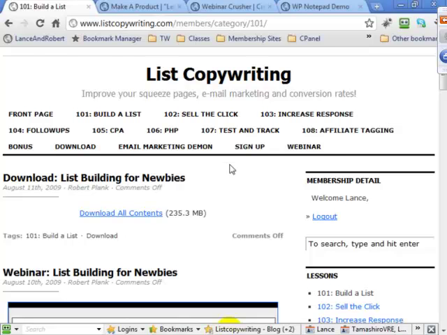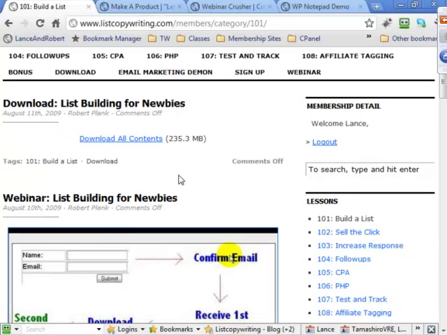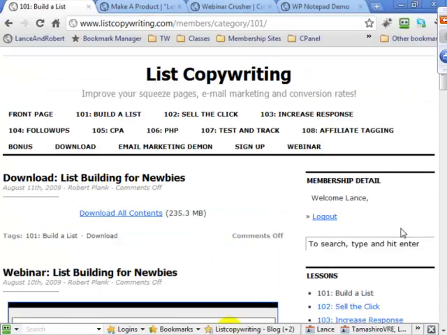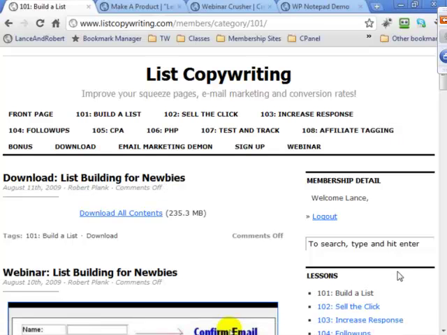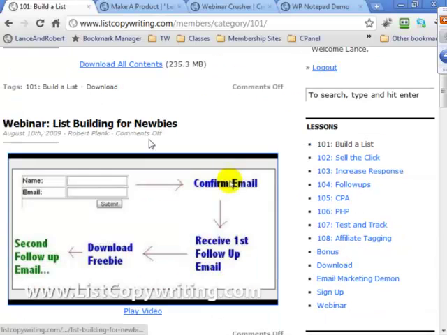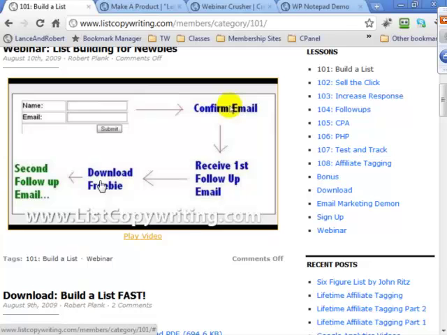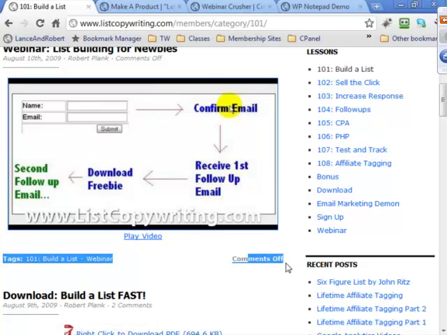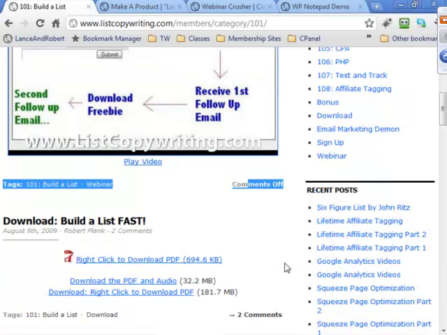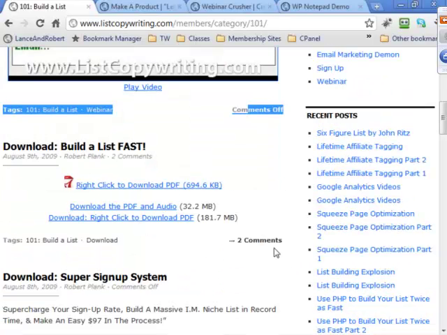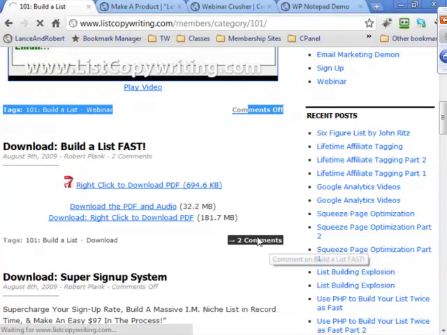And if you look in here, this is what you usually see when you buy something online at any price point. You have basically a WordPress blog with some kind of theme on top of it, and then you've got content in here, right? So, for example, we've got a webinar replay right here where the person can come in, click this, start the video, but they're not allowed to leave any comments. They can download the PDF, and here they are allowed to leave comments, but let me show you the differences.